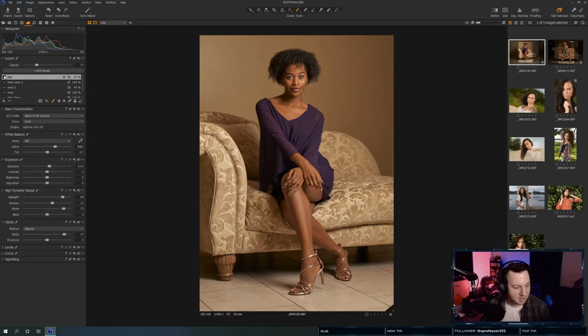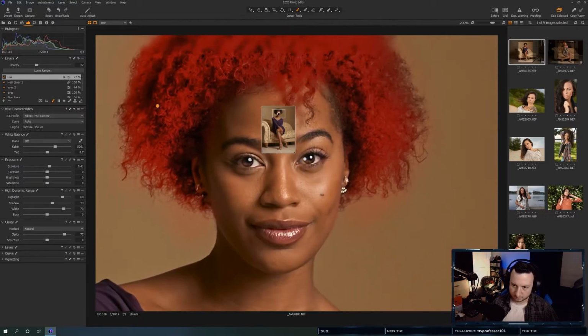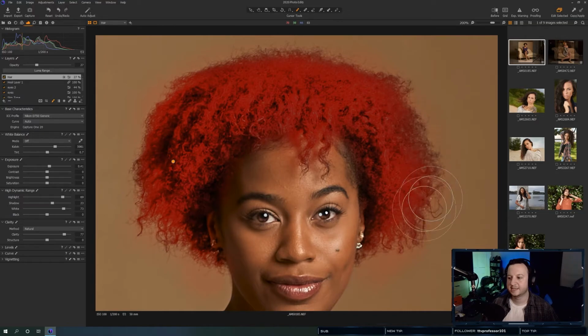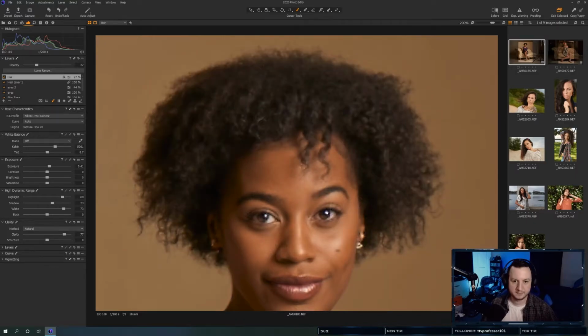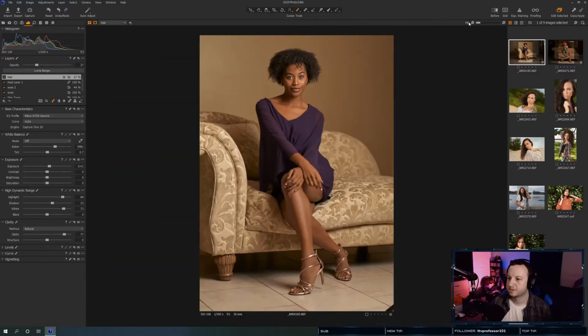Oh, hey, Simpson. Okay, so that red mask that you saw, I'm wanting to bring out some of the detail in her hair. And so what I did was I painted and then I applied a luma range to it. So now I can just affect the area of her hair that I wanted to affect. So I'm not touching necessarily the dark parts of her hair, but I'm affecting the brighter parts of her hair and bringing it out a little bit more so that from a distance, it's not so dark. I'm just trying to add a little bit of texture to the hair so it doesn't crush on me.